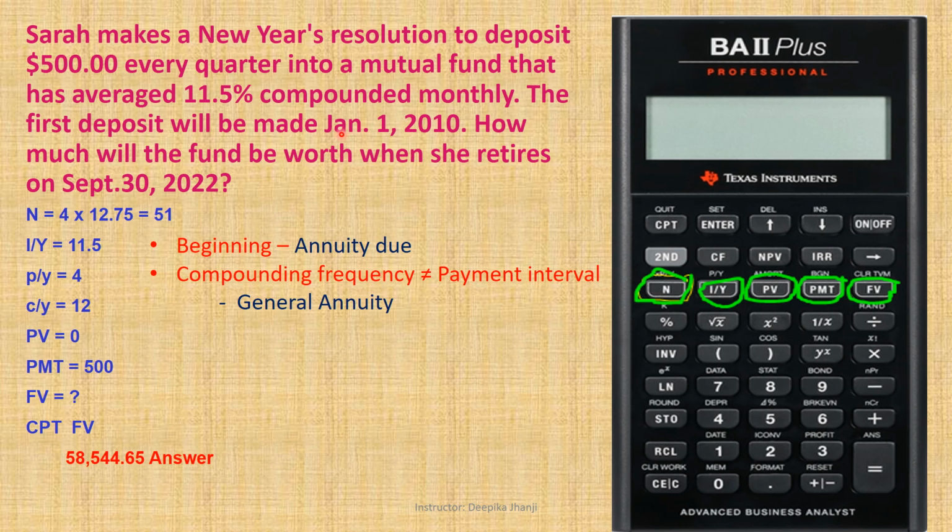January is the first month, so you will enter 1 dot. Now the date, which is 01. Now the year is 10, so enter 10. Scroll down, enter second date, which is 9 dot 30